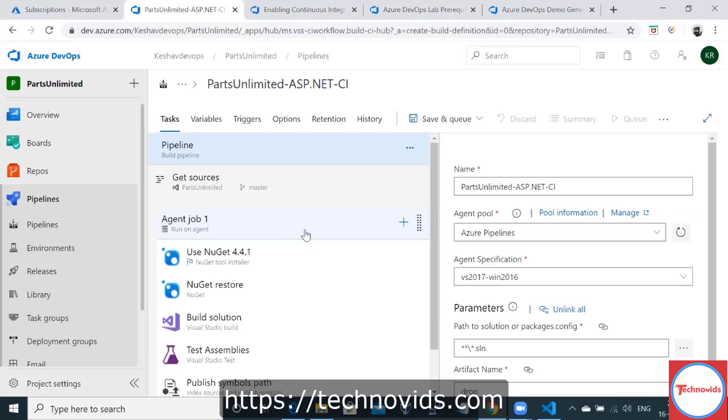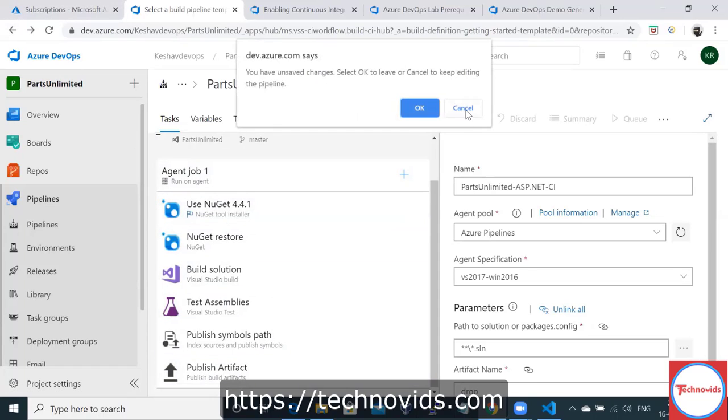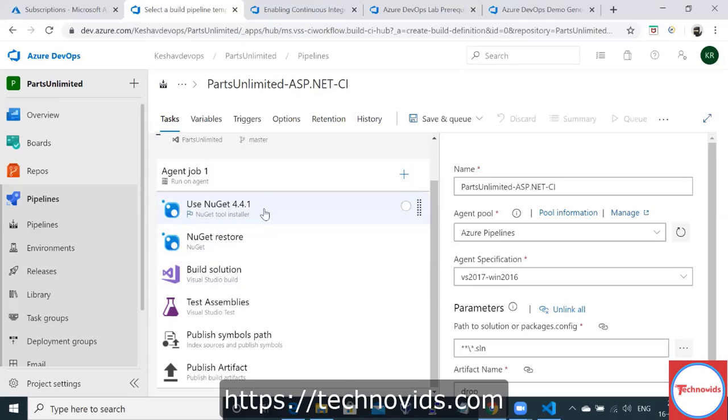But here we have selected ASP.NET pipeline, right? When I talk about creating ASP.NET pipeline, then automatically some tasks get populated. I don't need to create them one by one. If you see, automatically multiple tasks got populated, right? So currently just have a look at this.